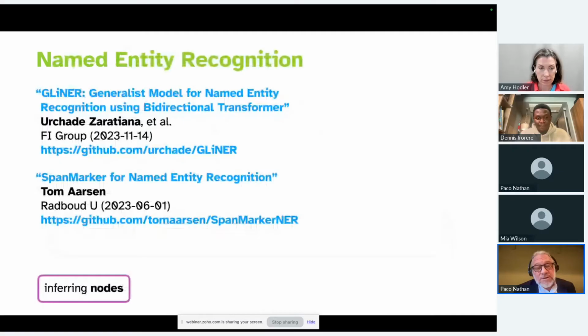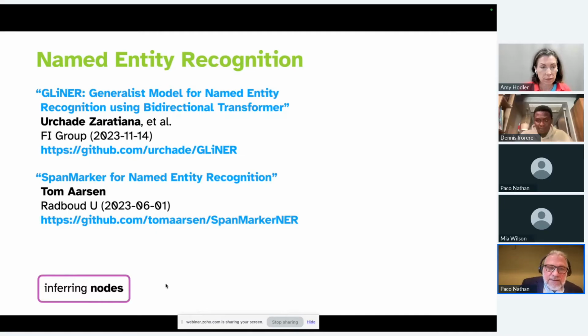There are some really great tools for doing named entity recognition. We'll show these in practice, but I highly recommend a couple. GLiNER is from Urchade Zaratiana out of the Fi Group, and I really like using GLiNER. It's a zero-shot model for named entity recognition, so it's really adaptable in context. It's based off of bidirectional transformers like BERT. There's also SpanMarker. A friend, Tom Aarsen, who's now at Hugging Face, did SpanMarker for his thesis, and it's not zero-shot, but you can fine-tune it, especially for a given context, which is very useful. Also very high performance.